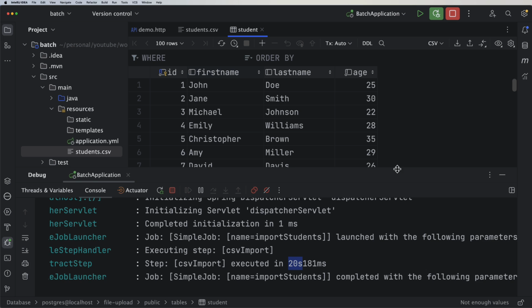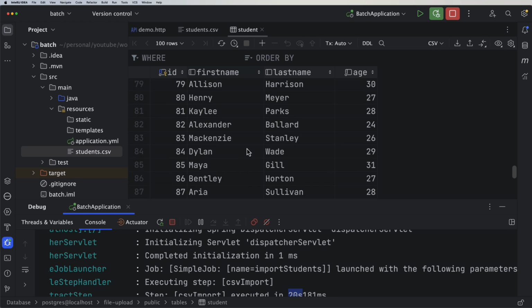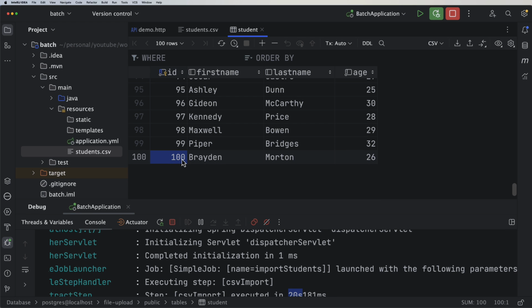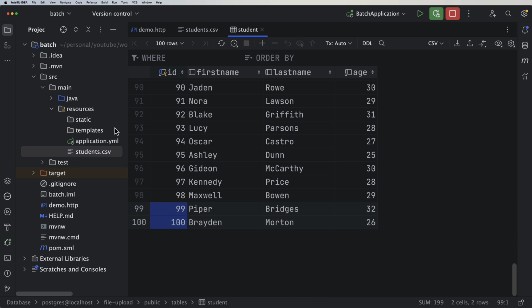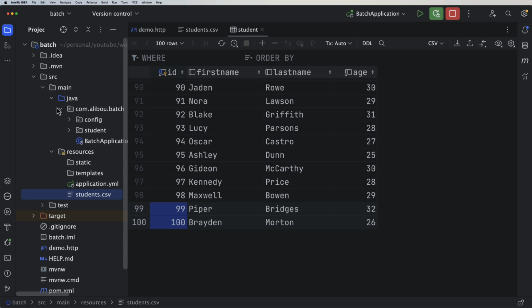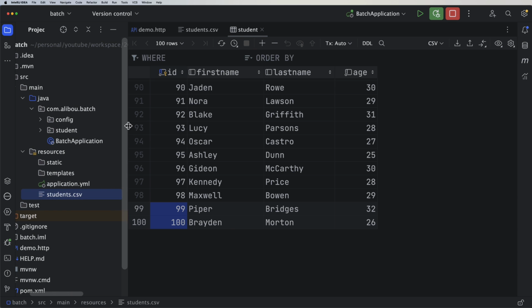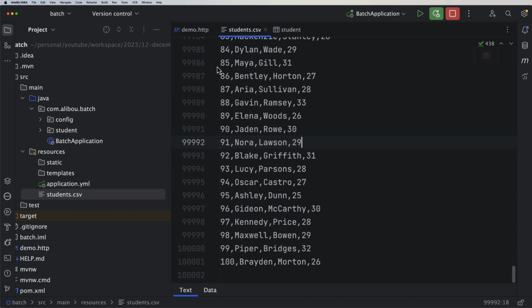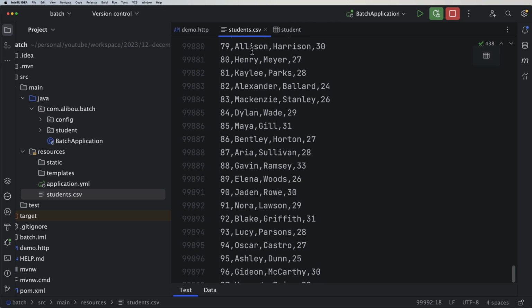All right. So here we see that we only have 100 students because we are reading the ID from the CSV file, and Hibernate will automatically update. So let's do some changes and retest again. So now we can do it in 2 different ways. So we can remove the ID column from the CSV file, which will be a long thing to do,